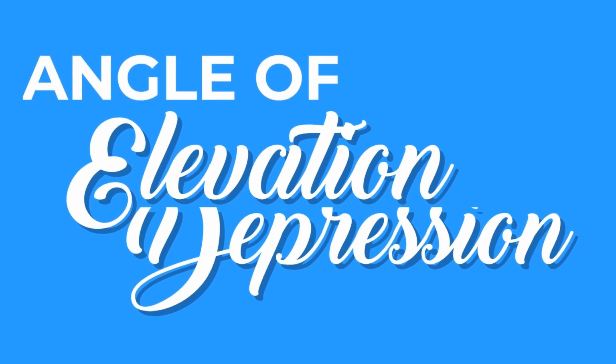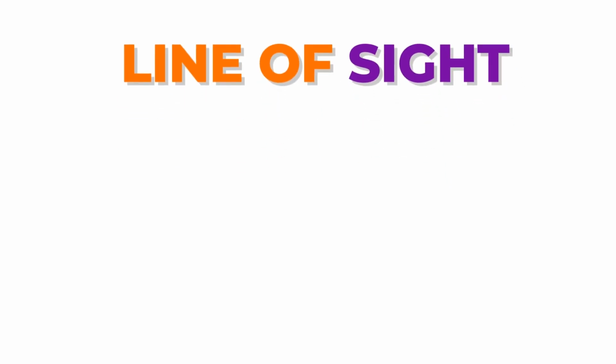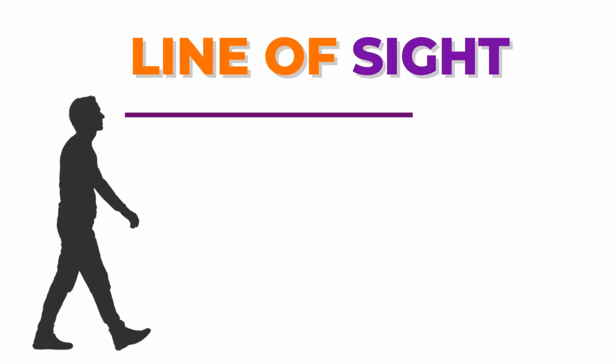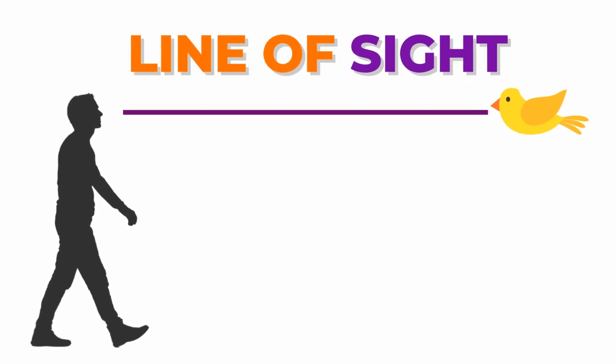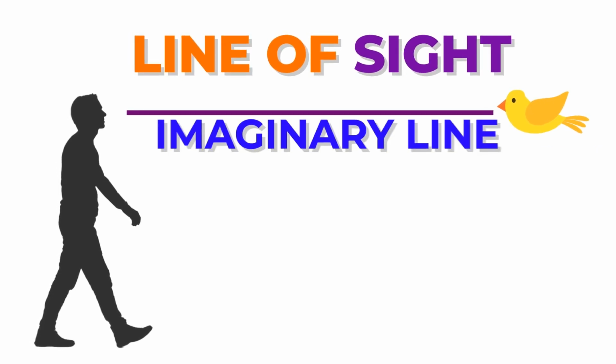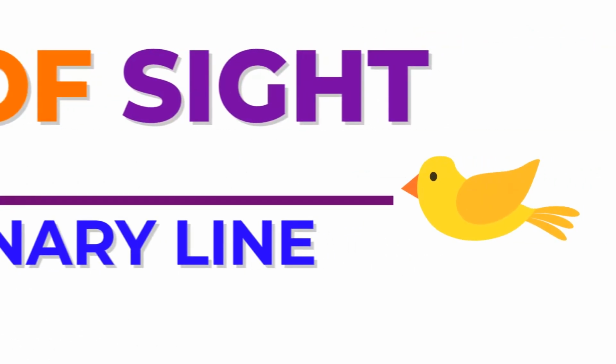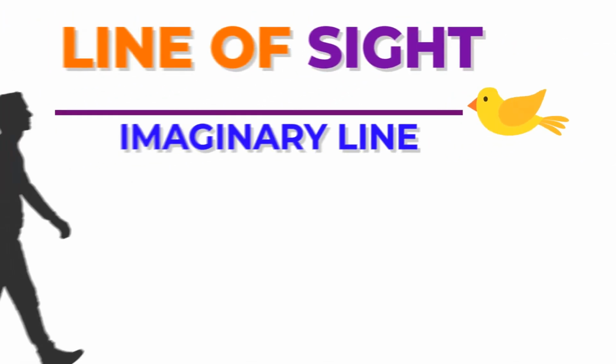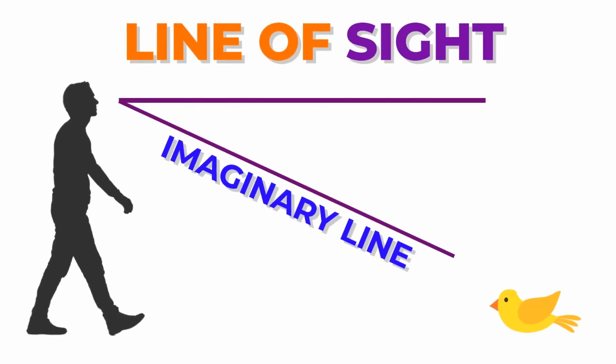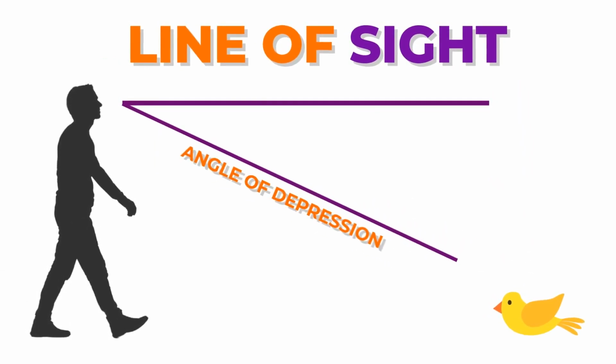In relation to this, let us discuss angle of elevation and angle of depression. We should know first what a line of sight is. The line of sight is a straight line along which an observer observes an object. It is an imaginary line that stretches between the observer's eye and the object that he is looking at. If the object is below the horizontal, then the angle between the line of sight and the horizontal is called